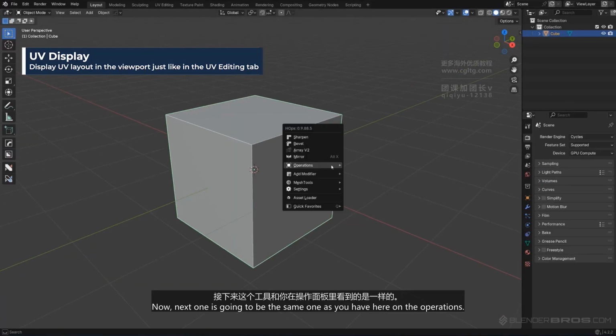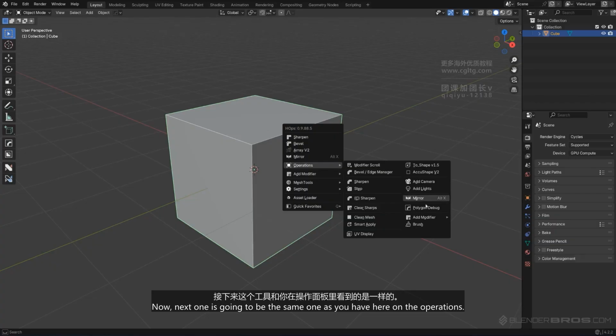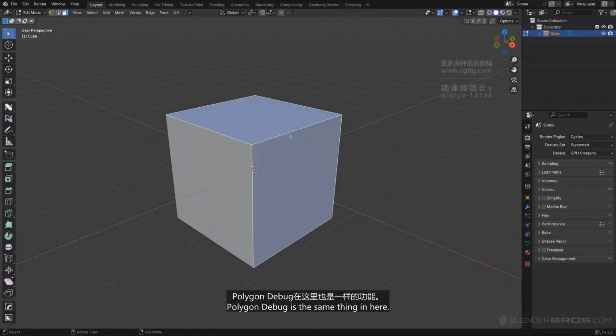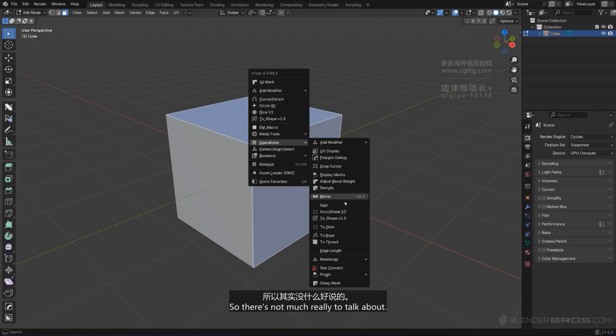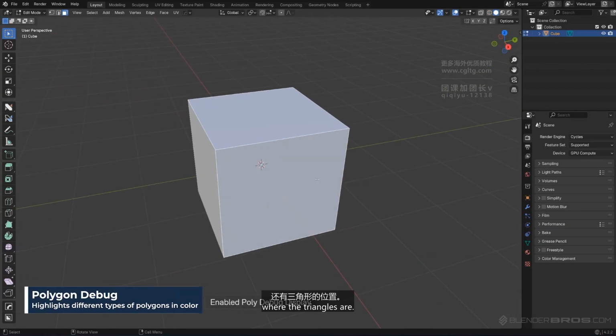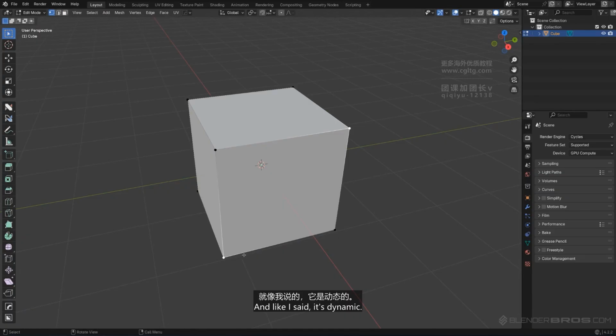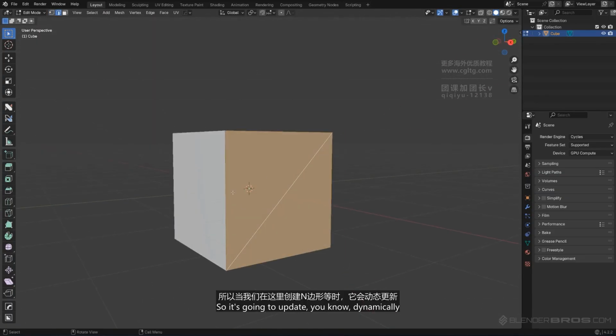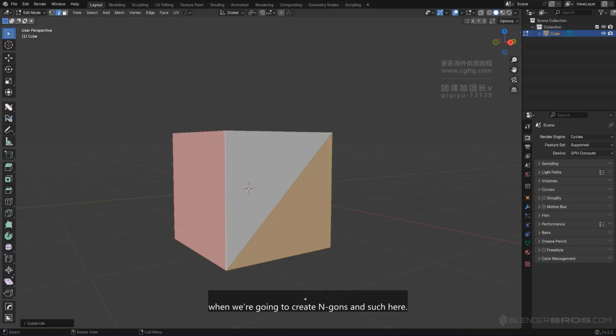Now, next one is going to be the same one as you have here on the operations, polygon debug. It's the same thing in here, so there's not much really to talk about. There you go, that's the tool. If you run it, it's going to show you where the quads are, where the triangles are. And like I said, it's dynamic, so it's going to update dynamically when we're going to create n-gons and